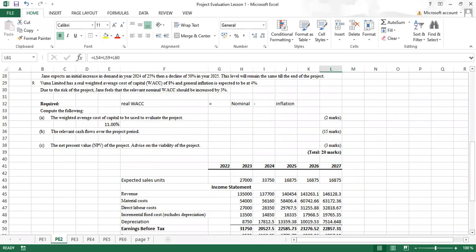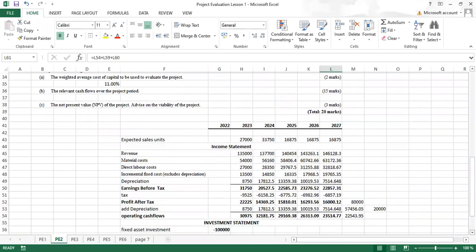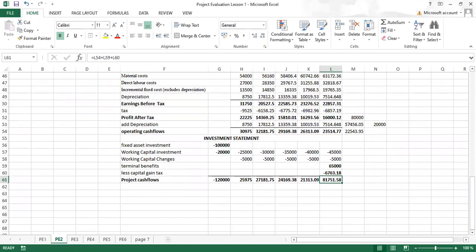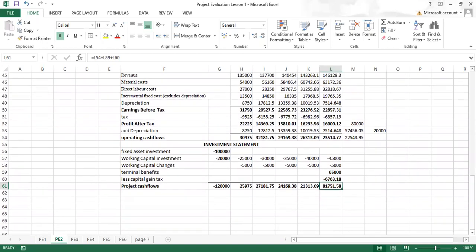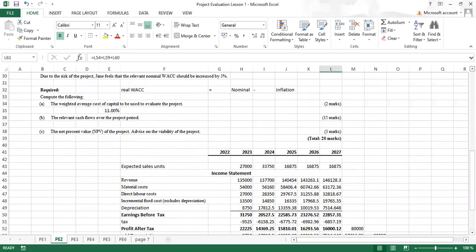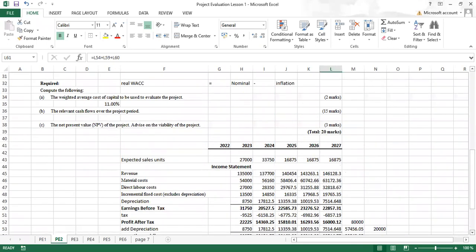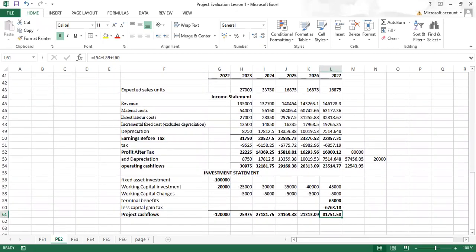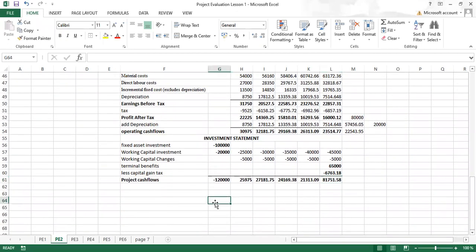So those are the project cash flows. So we go to part C of the question. It says the net present value of the project and advice on the viability. As simple as NPV was here, NPV